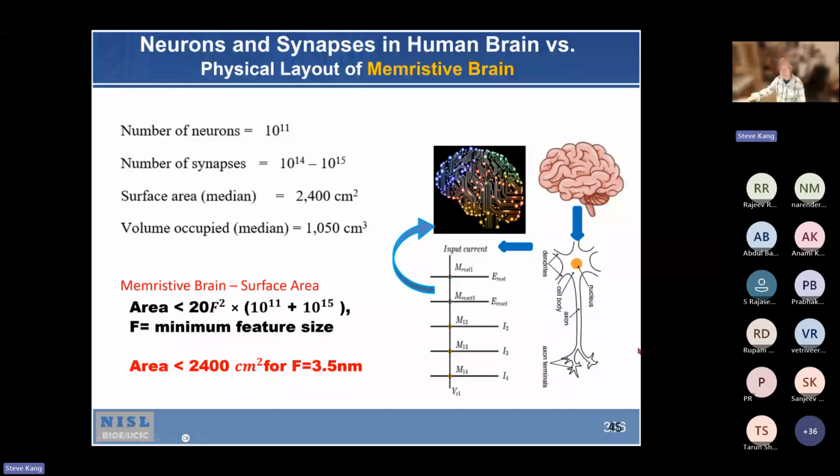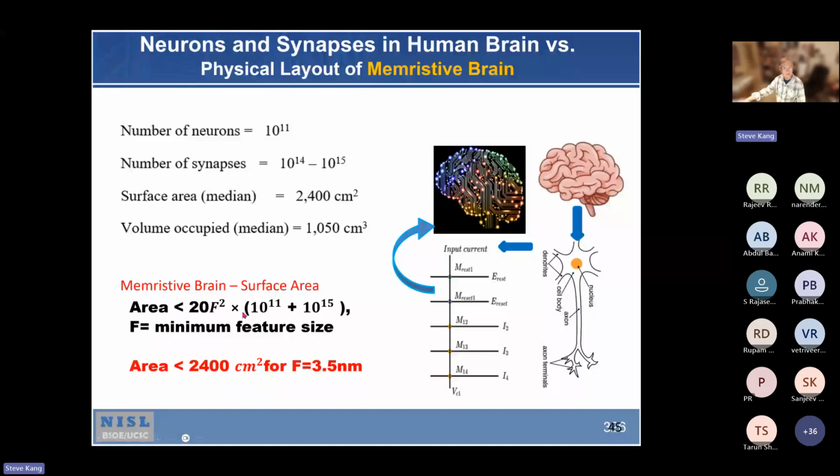But the problem is it has thousands of fan out even. So how do you handle that? That's a good question. But if you do simple mathematics, the area occupied by this sort of a neuronal circuit, for this number of synapses and neurons, if you calculate this in a 3.5 nanometer minimum feature size, this whole area, including 10^11 neurons, 10^15 synapses,